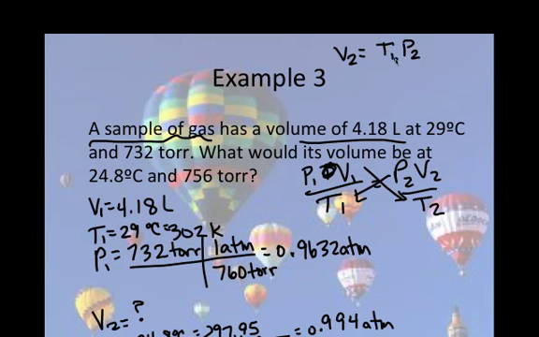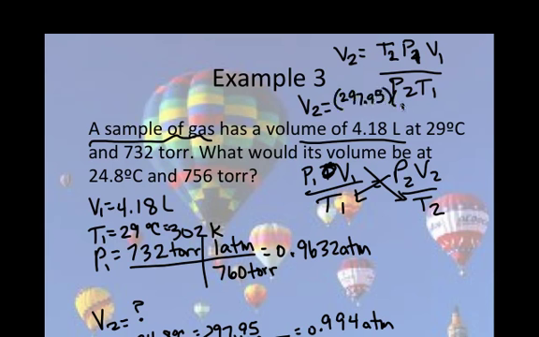Oops, that's got to be on my denominator. So I'm going to have T2 and P1 and V1 on the top and P2 and T1 on the bottom. That ought to get us somewhere. Now the new volume is going to be, gotta put in our numbers now, I don't want to mess this up here,